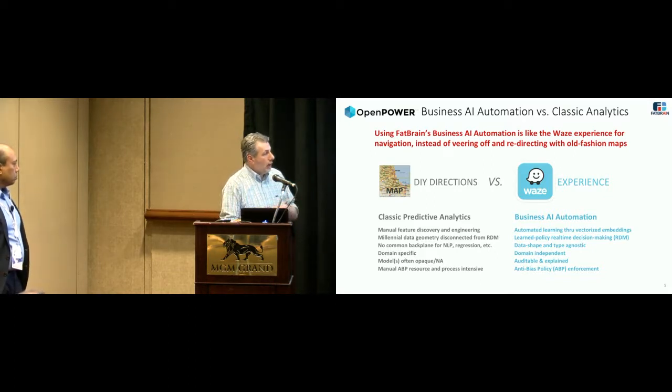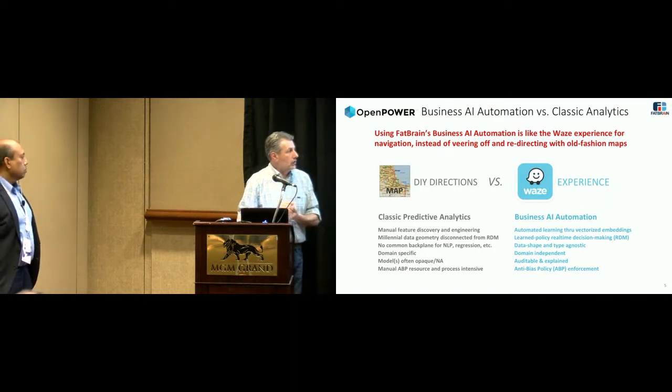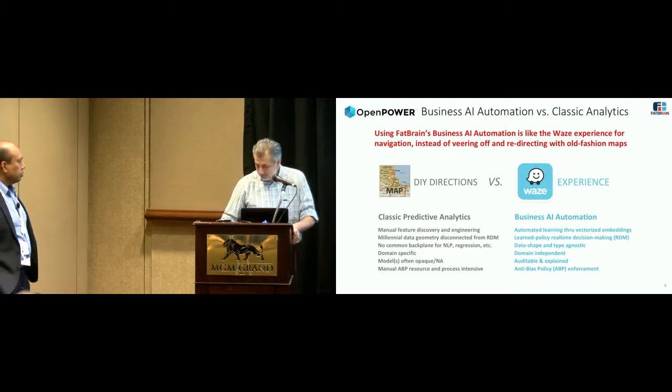So we have a way of dealing with all disparate sources of data, bringing it together and driving value out of that. We're domain independent, so what we learned in the financial sector we can apply to pharma, we can apply to logistics and a bunch of other places. And probably the most important thing, if there's one thing you can learn about Fatbrain, is that we're auditable, explainable, and quantifiable. So if we help you make a decision, we can tell you why. We think that's a very, very big deal.